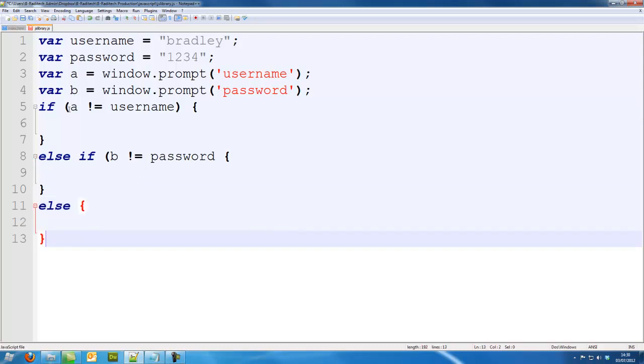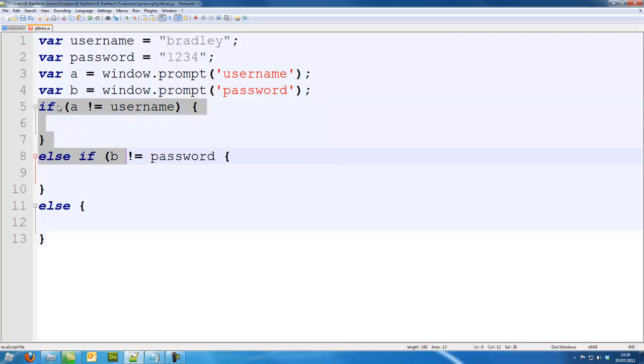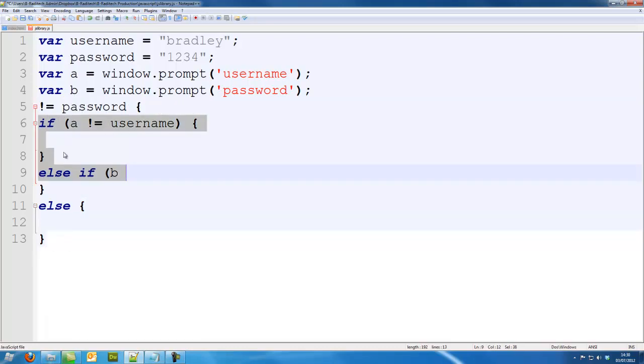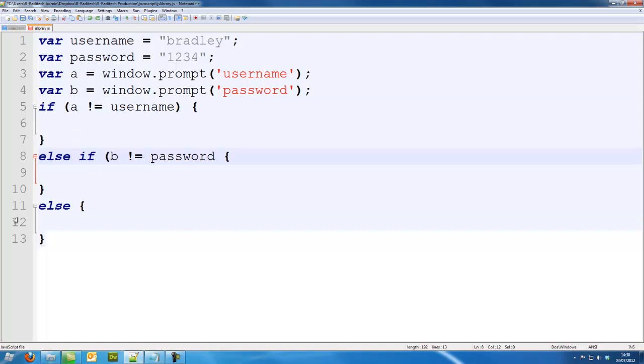So we can have multiple if statements. It's just the second one and so on have to be called else if, and then the last one has to be called else. So if a is not equal to username, so that's our window prompt, then we're going to say,